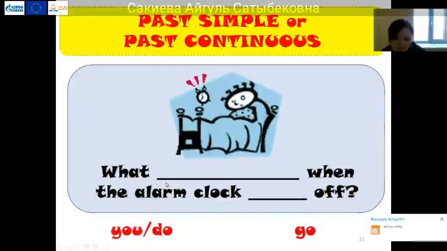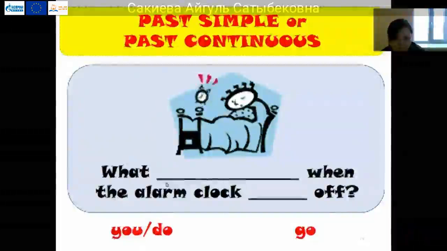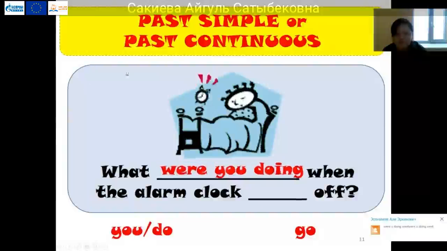Almanbet, we are talking about present time or past time? We are talking about past, yes, not present. Sanjar, we also are talking about past. What was you doing? Be careful, you have got pronoun you. What were you doing when the dog went? Okay, let's check. What were you doing? Because we have got a personal pronoun you. With personal pronoun you, we use were, right?